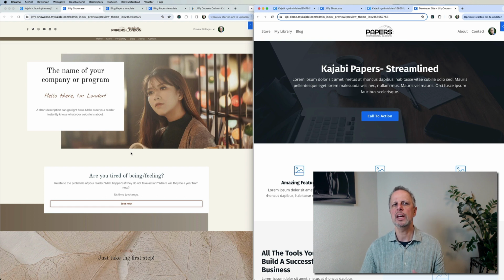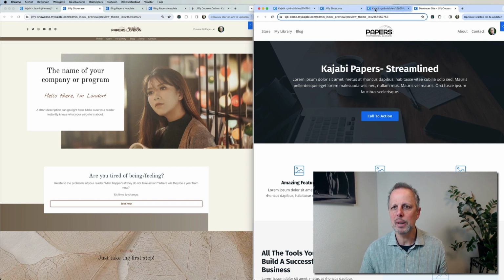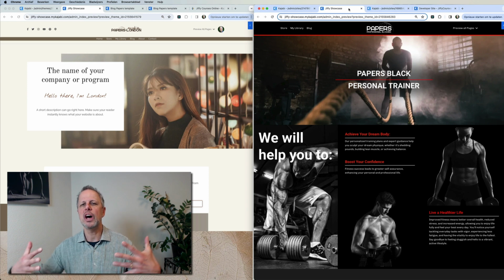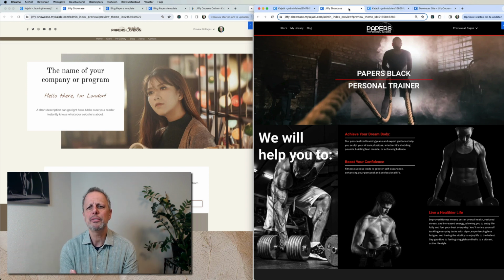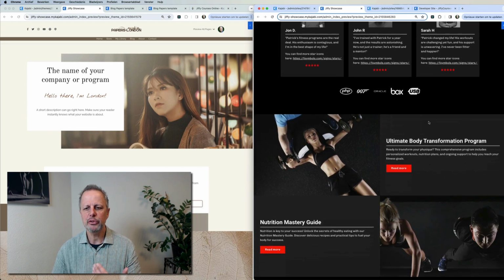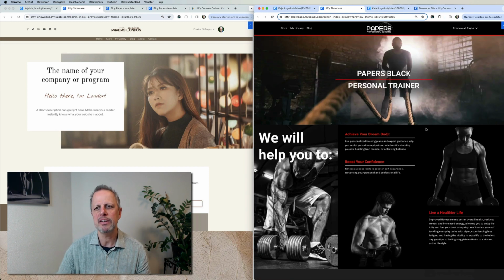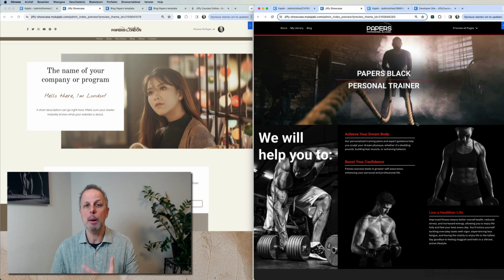Maybe you say, hey, do you have other designs also? And yes, we have another design you can try, and we call it Black. Black is a template design that has a completely different look and feel, but it's also built on Kajabi Papers. As you see here, it's more for personal trainers and photographers. We built it as a personal trainer website, but it's up to you to change it. You can use this styling. It is black and white with red colors. It is powerful, and just for the people who want to have a really